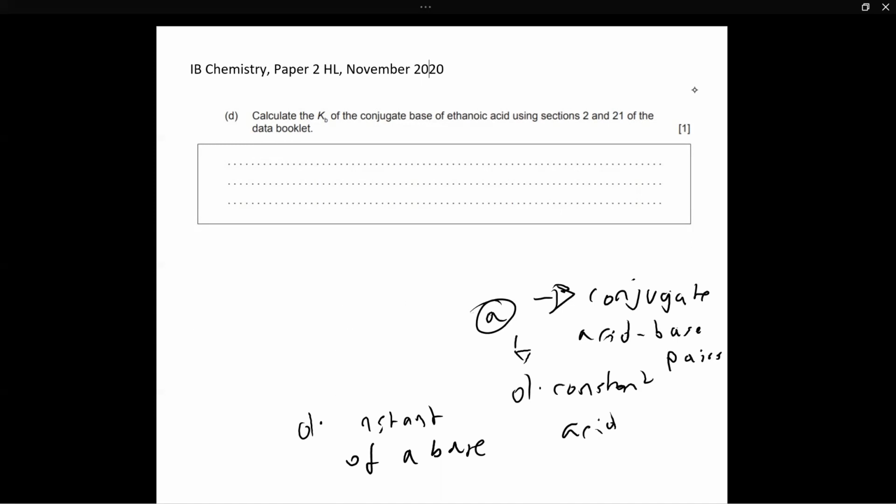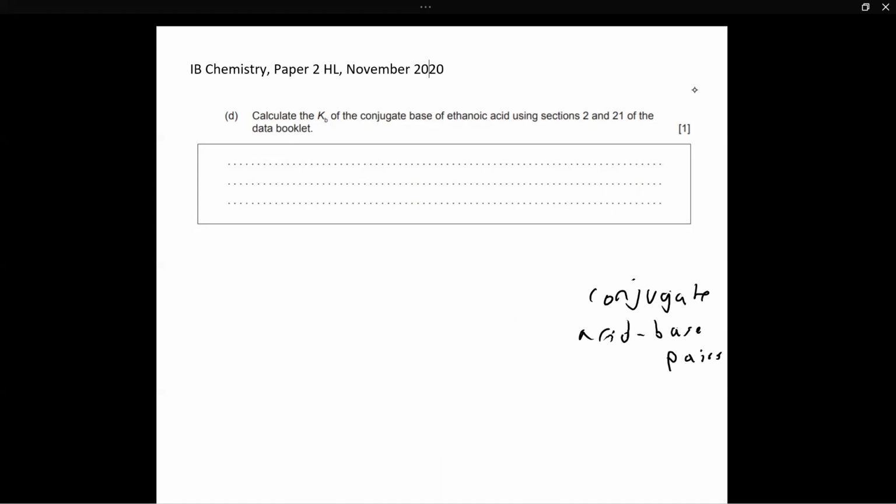Let me just erase this so I have some space, and then I'll show you what a conjugate acid-base pair is. And I'm going to use the example of ethanoic acid to show you what a conjugate acid-base pair is. Now, this equation is just something that I have come up with off the top of my head. It may or may not be a real equation, but this is just to show you what a conjugate acid-base pair is. Okay, so imagine you have ethanoic acid, like they have stated in the question, which is CH3COOH, and